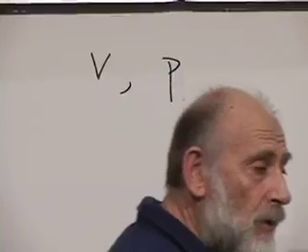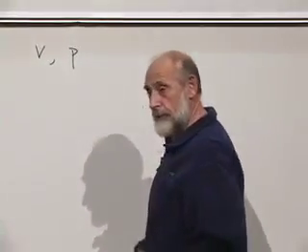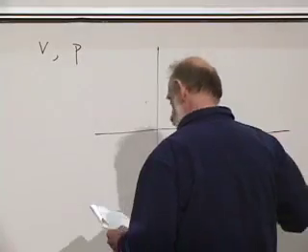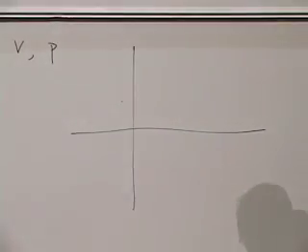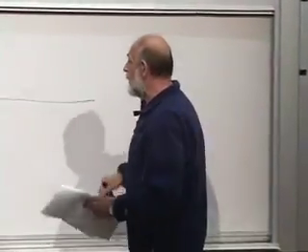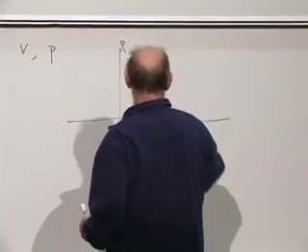In fact, there's really only one variable. They're functions of each other. For this to work, it's important that they're single-valued functions of each other. Single-valued function means that if you know P, you know V, and if you know V, you know P. No ambiguity. That means the graph of P versus V